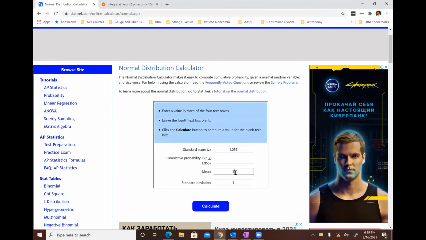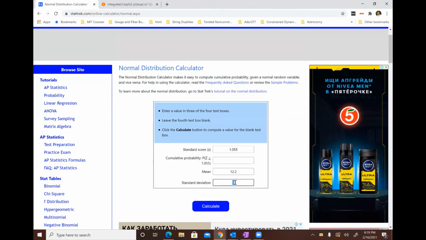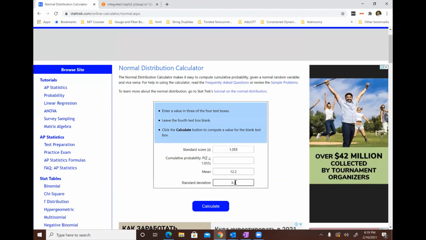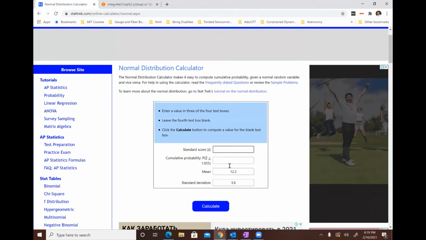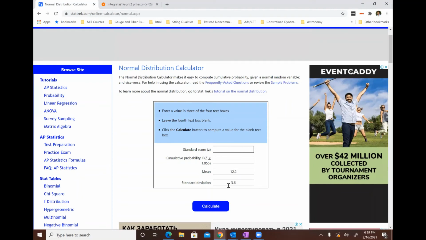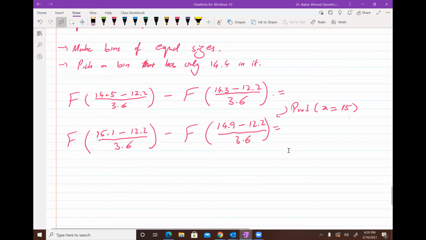So 12.2 was the mean and standard deviation was 3.6. And here, since you have chosen the mean and standard deviation of the original distribution, you can directly put in the values for the original distribution. 15.1, it gives you 0.79, and from this